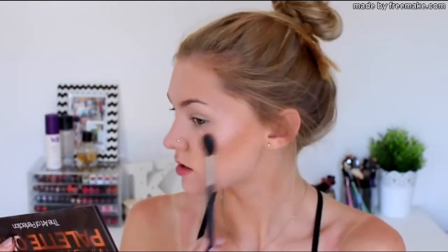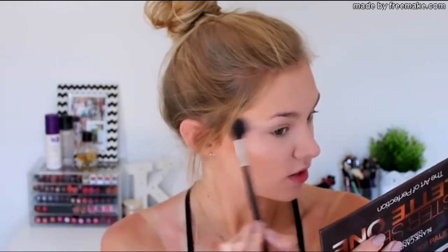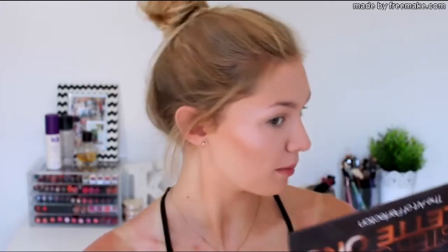But I love this one. It's like my favourite highlighter of all time. Get your hands on this if you don't already have it, because it's honestly amazing. It just gives a really nice, subtle, healthy summer glow. It blends so amazingly. I actually hadn't used this for a while, since last summer, and then I used it the other week and I just remembered how amazing it was. So I'm just popping this on my nose as well, and the Cupid's bow area,